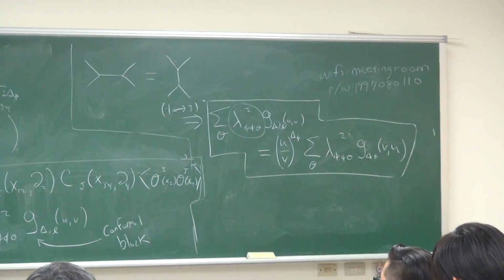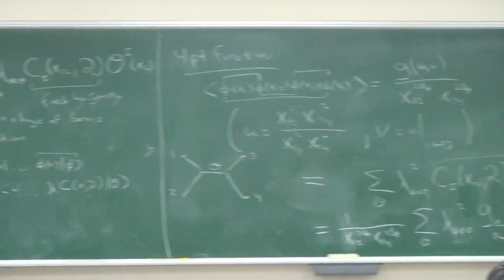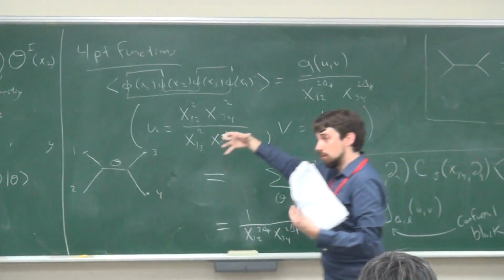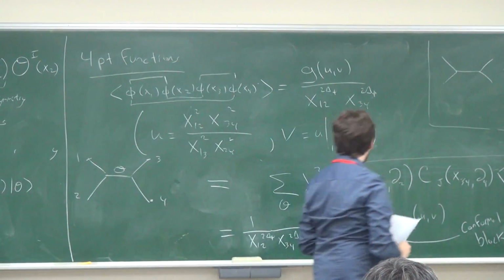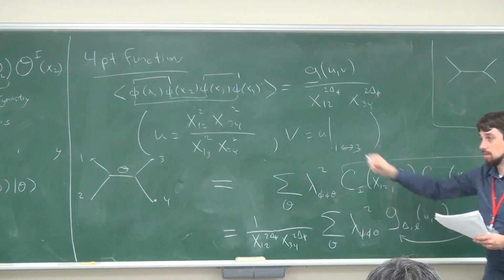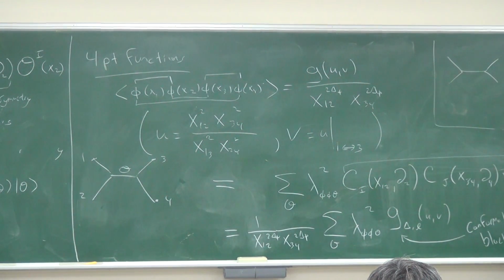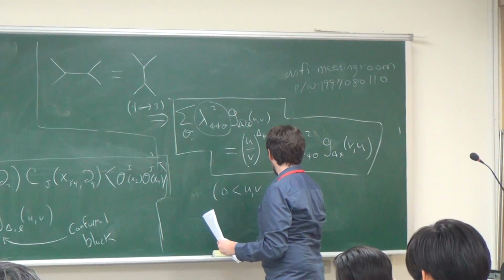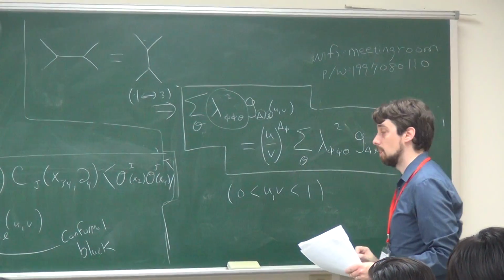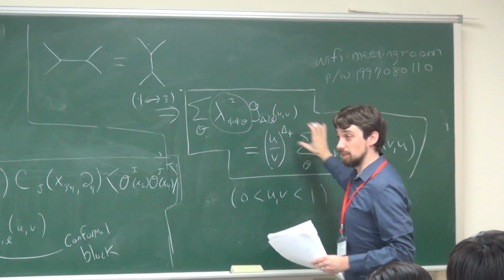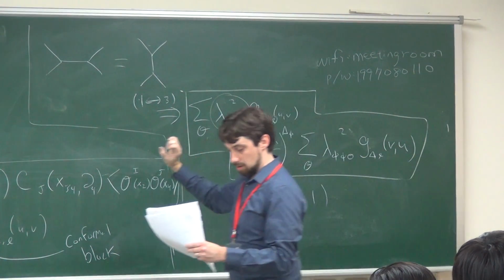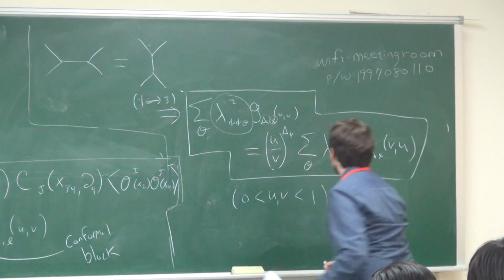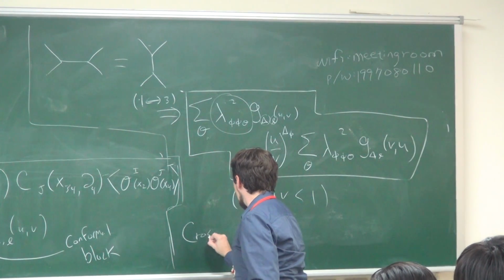So if you think about this condition, that you can draw a sphere separating the two coordinates that you're using the OPE from all the other coordinates, and ask what this implies for u and v, then what it implies is that u and v have to be between 0 and 1. So this is the regime where both of these expansions are expected to converge. But modulo that, this is the constraint called crossing symmetry,